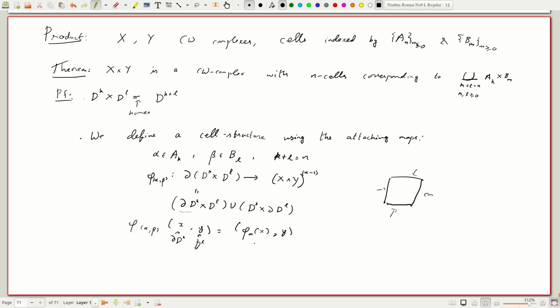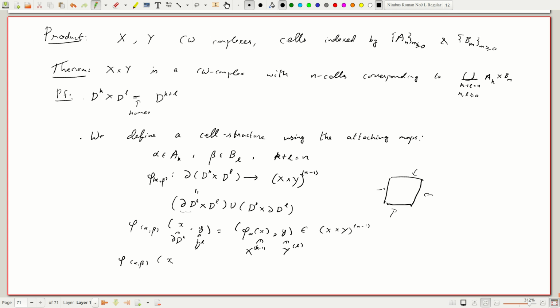So this is going to be contained in X_(k-1), and sorry, not n minus 1, k minus 1, cross Y_l. Okay, and this product, hence it's a pair, the product belongs inductively in the n minus 1 skeleton of X cross Y,